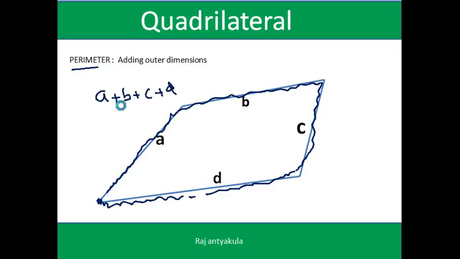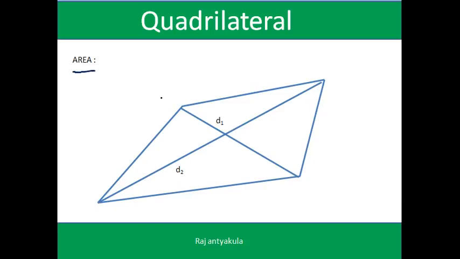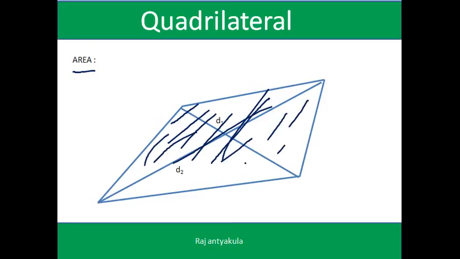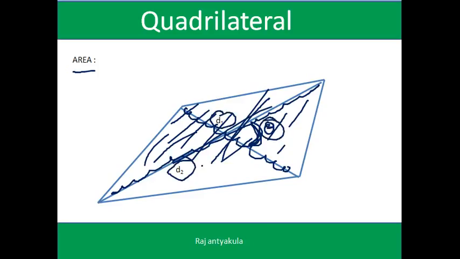Okay. Now area. What is area of a quadrilateral? This entire part is nothing but area. How will you find the area of a quadrilateral? They will give the 2 diagonals, one is D1, the other diagonal is D2, and also they give the angle between these two. Let us say this is theta. So they will give 3 parts: D1, D2, theta. Then area of the quadrilateral is half D1 D2 sine theta. What is theta here? Theta is the angle between the 2 diagonals. Okay. Next.